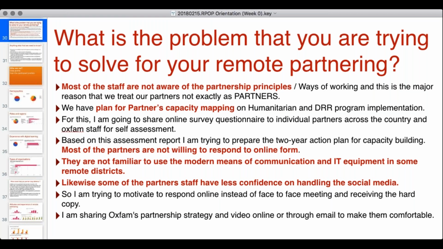I'm just working on how we can develop their capacity. We are in the assessment process of these partners, and afterwards we will develop a 1 or 2 year plan for partnership capacity development. And when the proposals are developed, at that time they will be consulted, and information will be gathered from the community levels,